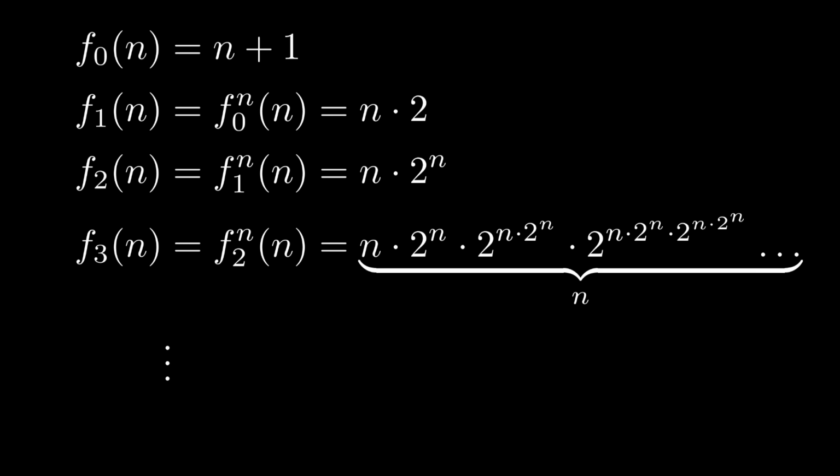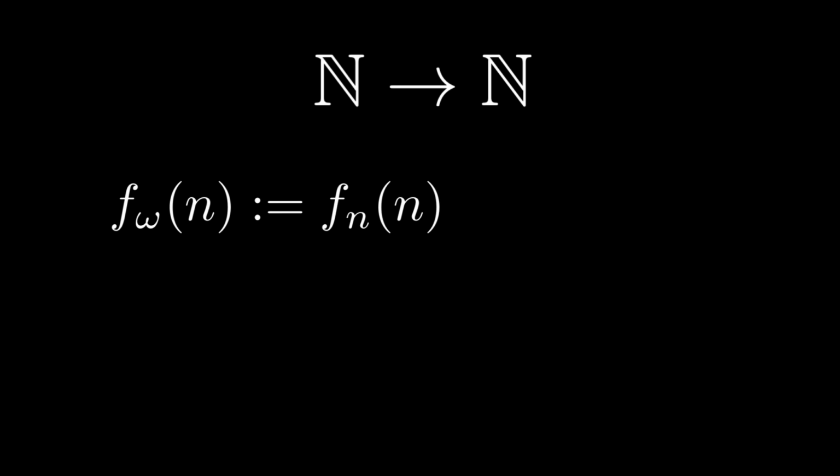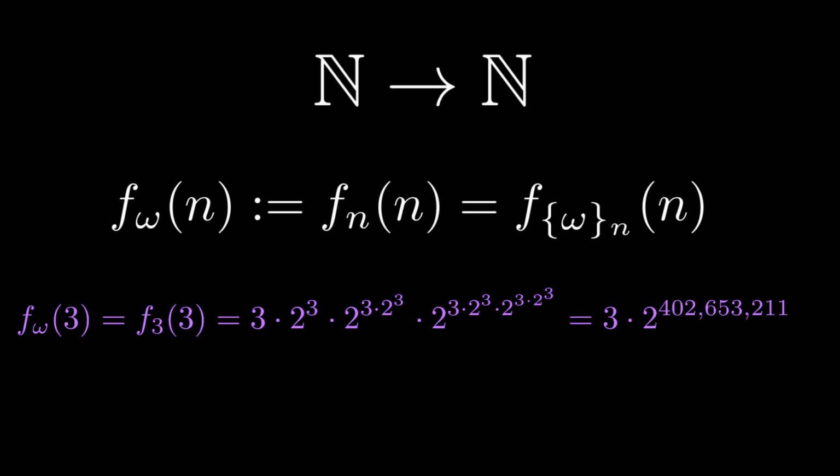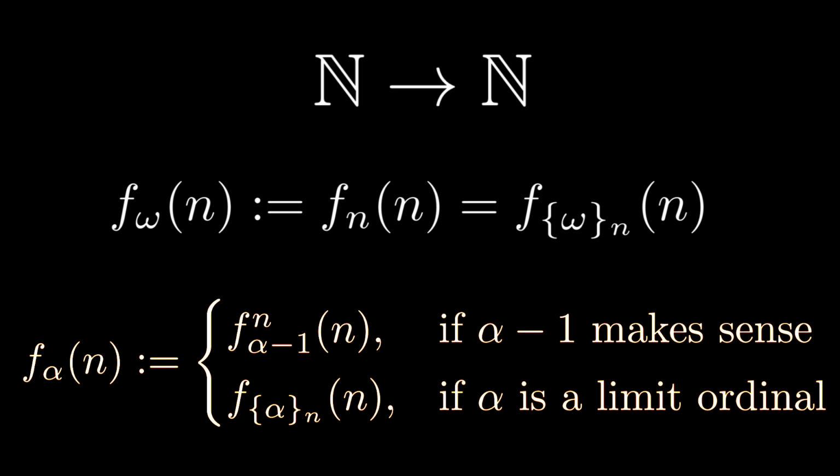So can we extend this sequence to omega? Well, we still want the function to map natural numbers to natural numbers. So one way we could achieve this is by defining f omega of n to be f_n of n. Notice that this is the same as taking the subscript to be the nth term of omega's fundamental sequence. For example, f omega of 3 would be equal to f3 of 3, and if we expand that, we get something interesting. Anyway, by using fundamental sequences, we can extend this procedure much further, getting fast-growing functions indexed by infinite